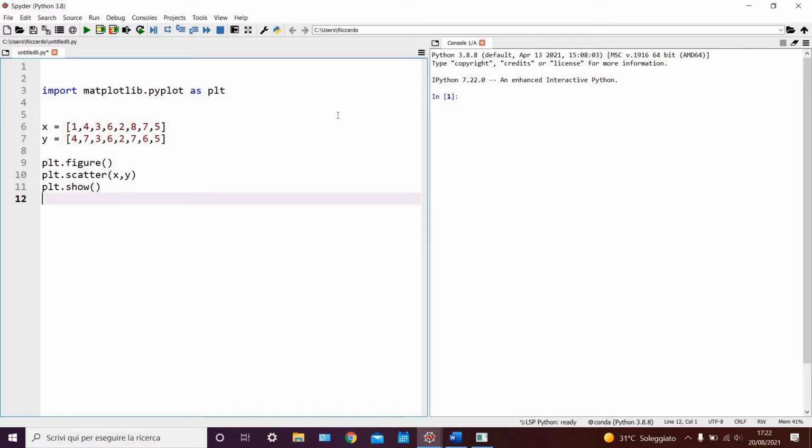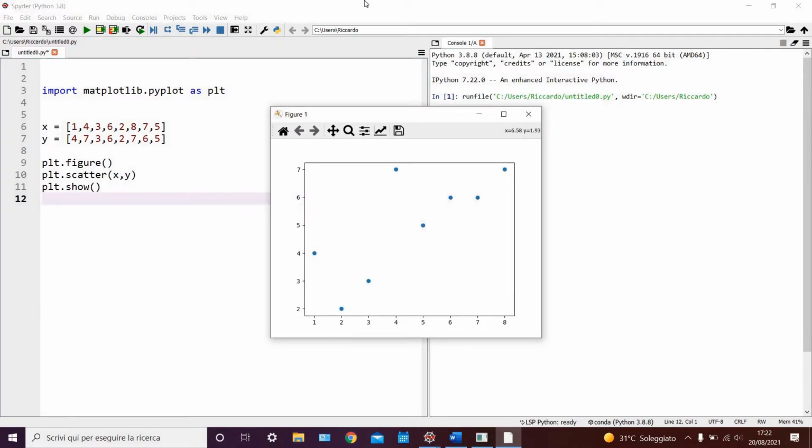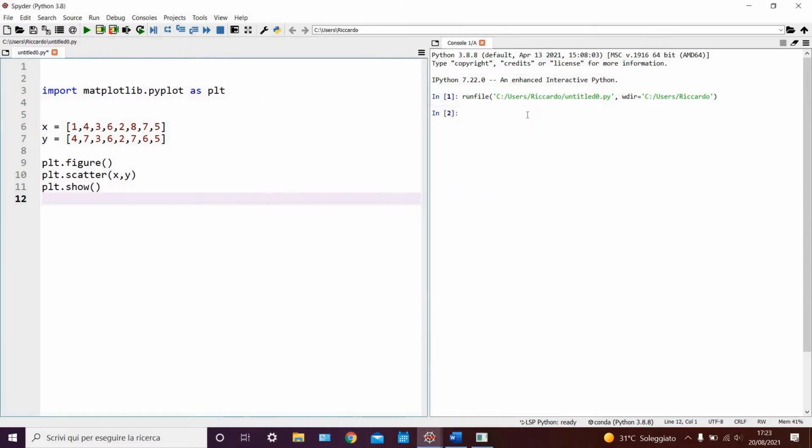Now let's run the code by clicking on the F5 key. And there you have it. We have successfully generated our first graph. However, as you can see, it looks rather poor in quality. So let's try to make it look better by adding in a background grid, labels on each axis, and a title. We can do these by writing plt.grid,